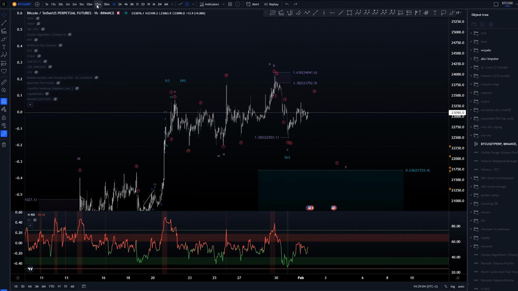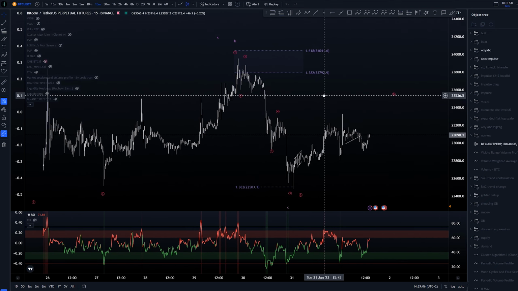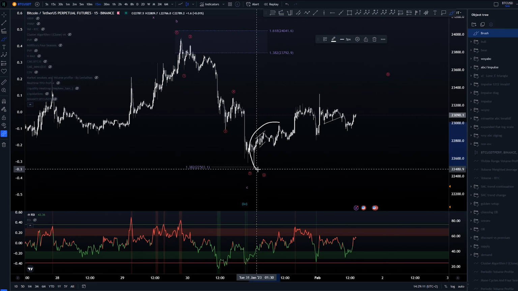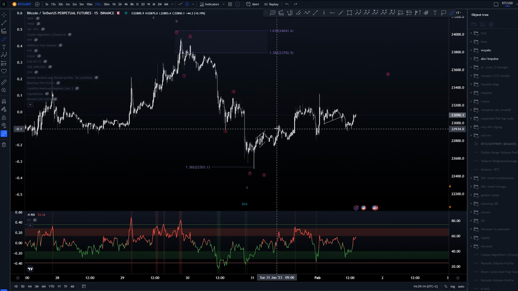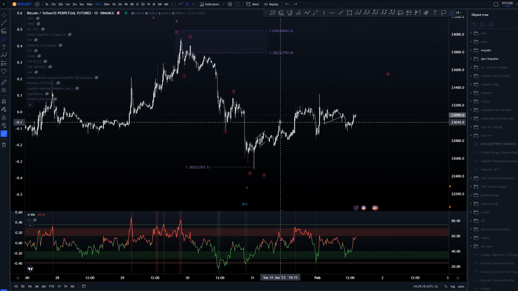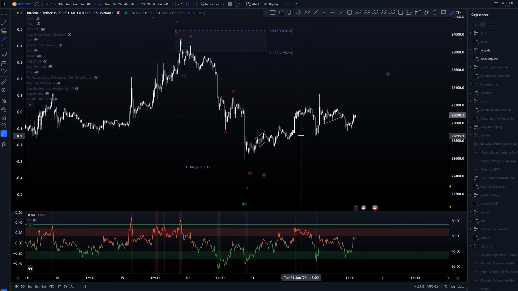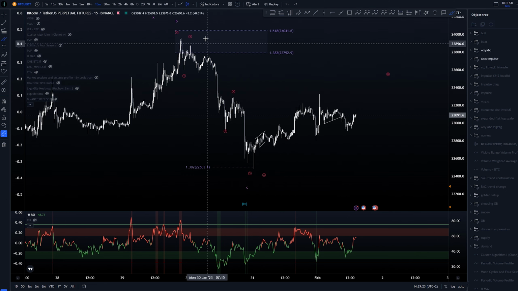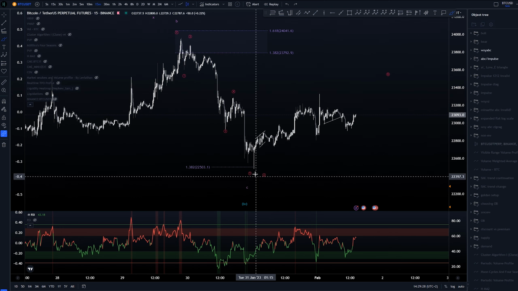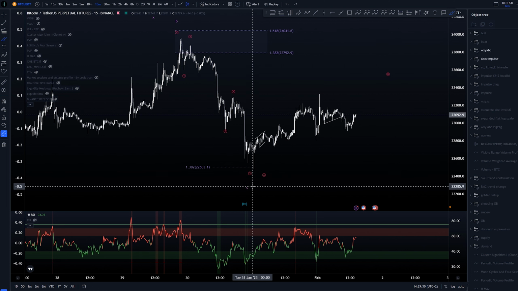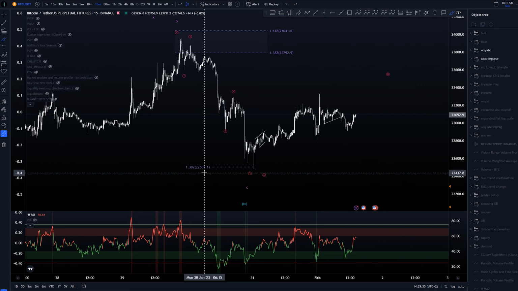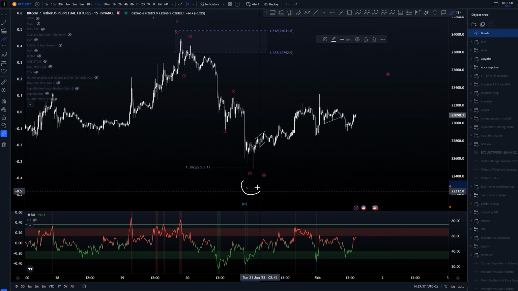First, let's check out this last leg coming down. In the previous video I still had a possibility where this was a wave 4 here. However, as we have now continued way longer in time, I don't think this is wave 4. It doesn't look proportionate anymore. So I do feel like this is a 1, 2, 1, 2, 3, 4, and 5 into the lows, creating that fifth wave completion and the potential completion of that C wave at the 1.382 of that A wave compared to that C wave.